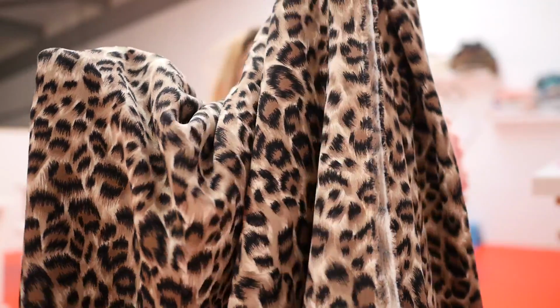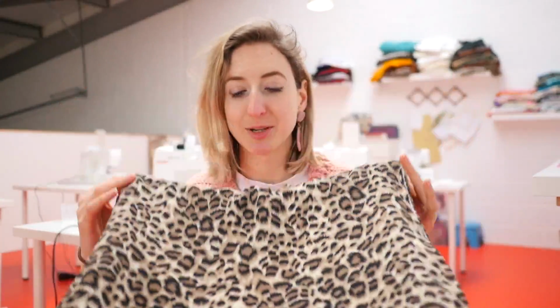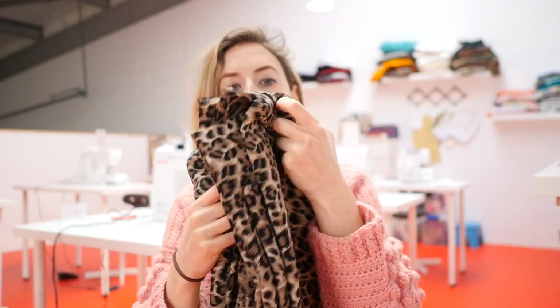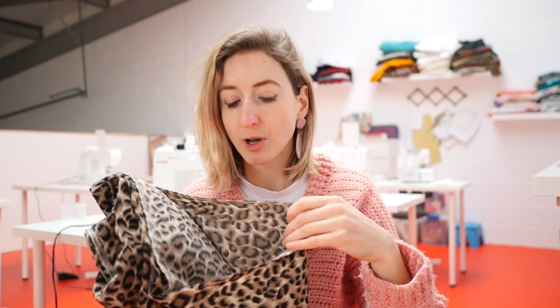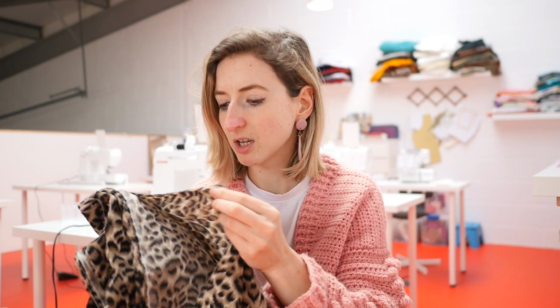It's lovely and flowy, and I know exactly what I'm going to make with this, and I'm super excited. But yes, again, a Minerva Crafts purchase. You will see it in the next few months on there and on Instagram and all social media. But I'm actually really impressed with the quality of this crepe. It's super flowy and lightweight, but it feels very